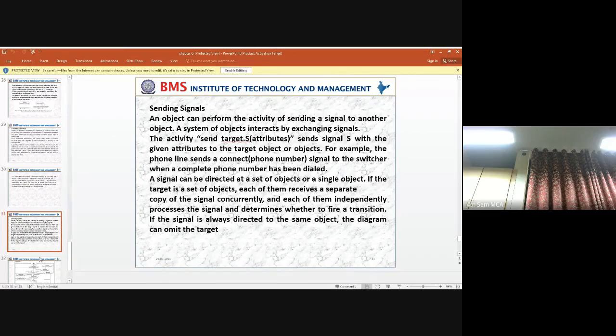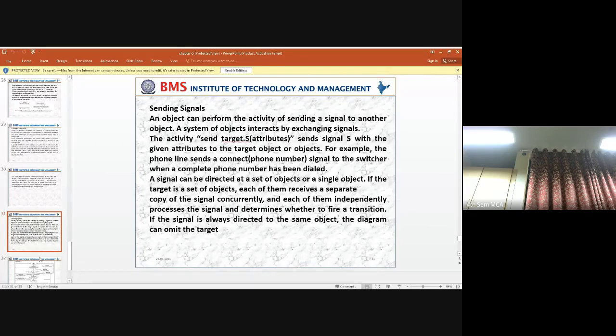Here, when we are trying to use a signal, that signal can be directed to a single object or to a set of objects. If we have n number of objects, say object 1, object 2, object 3, what does each individual object have to do?